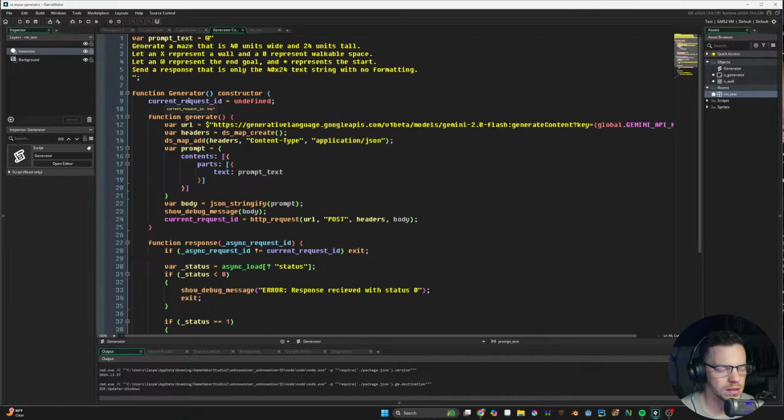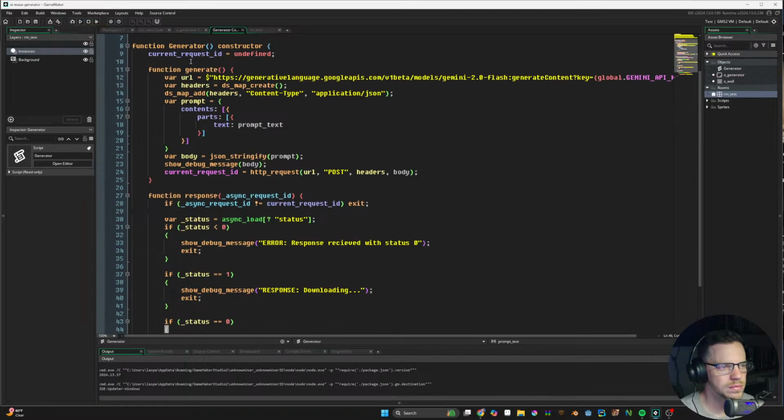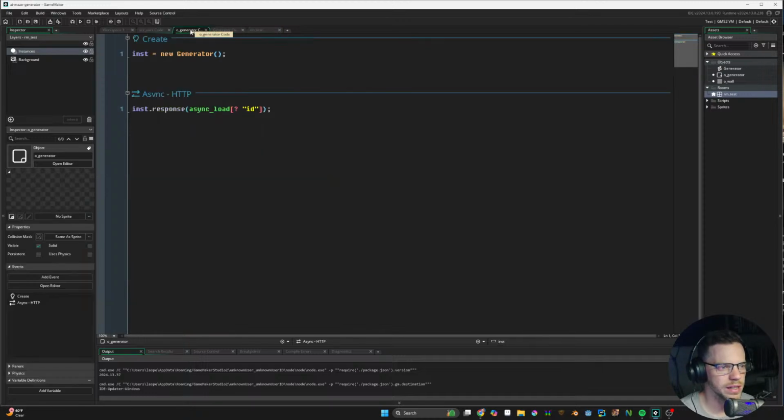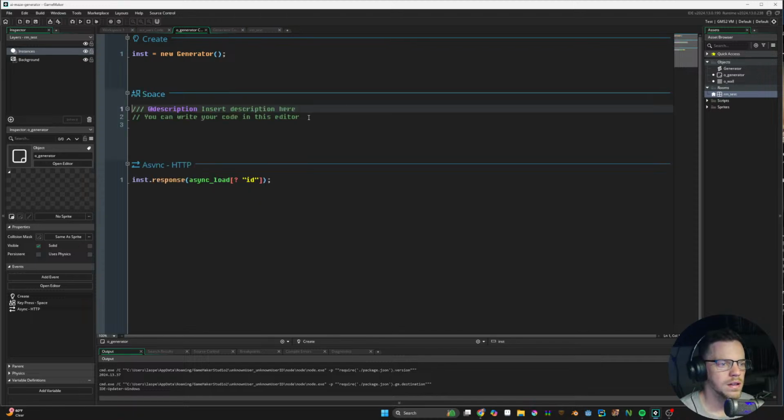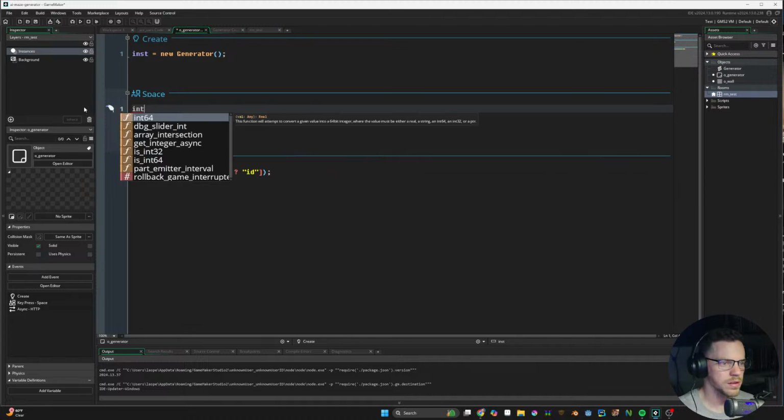Good to go. I think that's enough to test. We just need to call generate, and I'm going to do that on key event. So we're just going to call